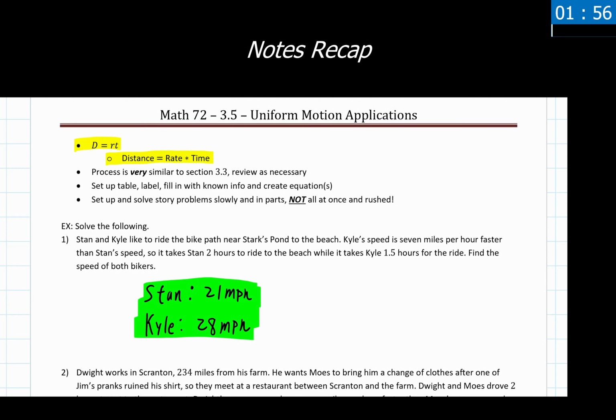As a quick recap of the material that we covered for today, we were working with uniform motion problems or application problems. We had our DIRT equation, distance equals rate times time, showing up for every single one of these problems. I recommend that we continue to write this out for ourselves with all of these problems as we're going through them, just so we know and get that repetition in of how to write it down and work with it accordingly. We also went through how to set up a table, how to label that and fill in the